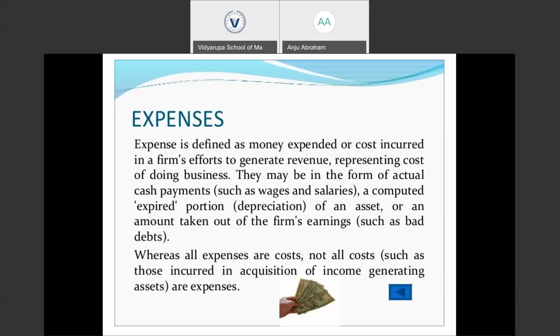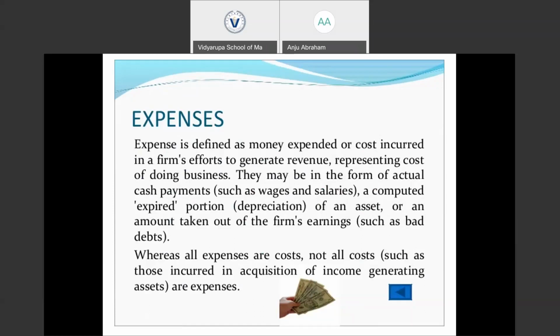So we learned about the cost, and there is a distinction between expenses and cost. Often, in common situations, they are used interchangeably, but in the actual sense, there is a difference between expense and cost. All expenses are costs, but not all costs are expenses.